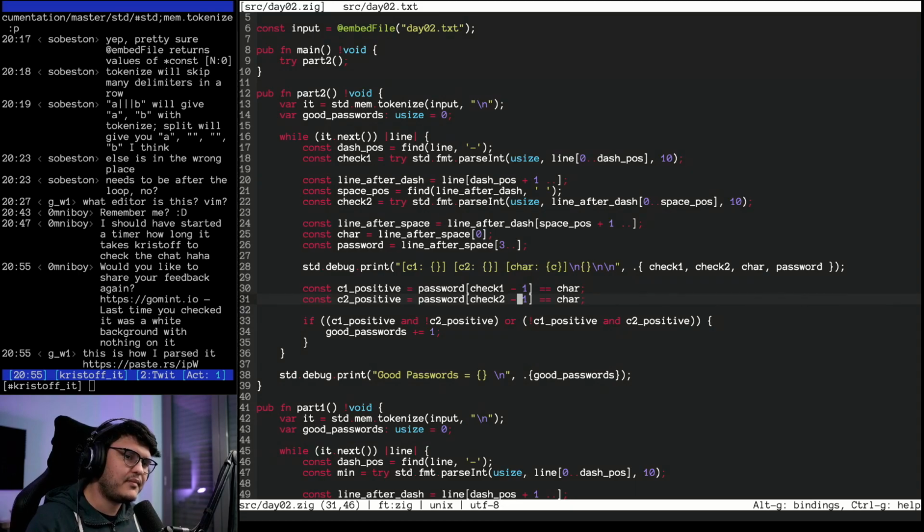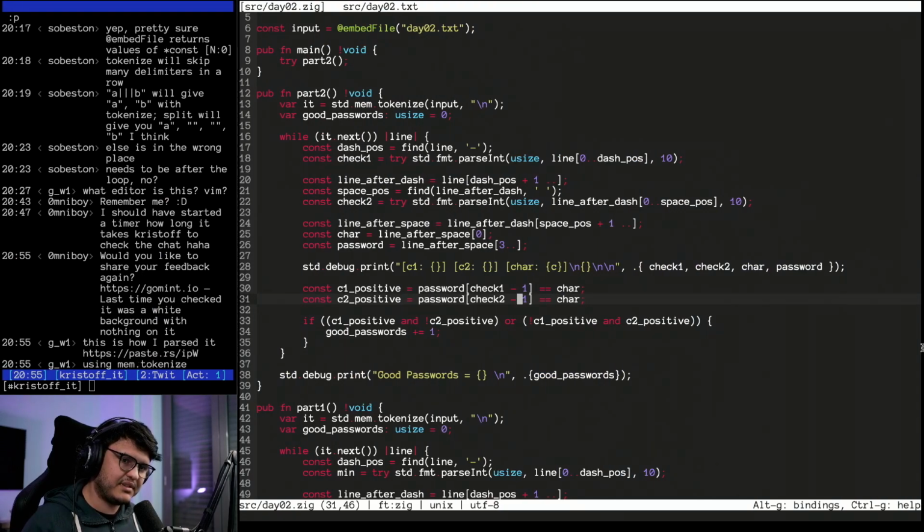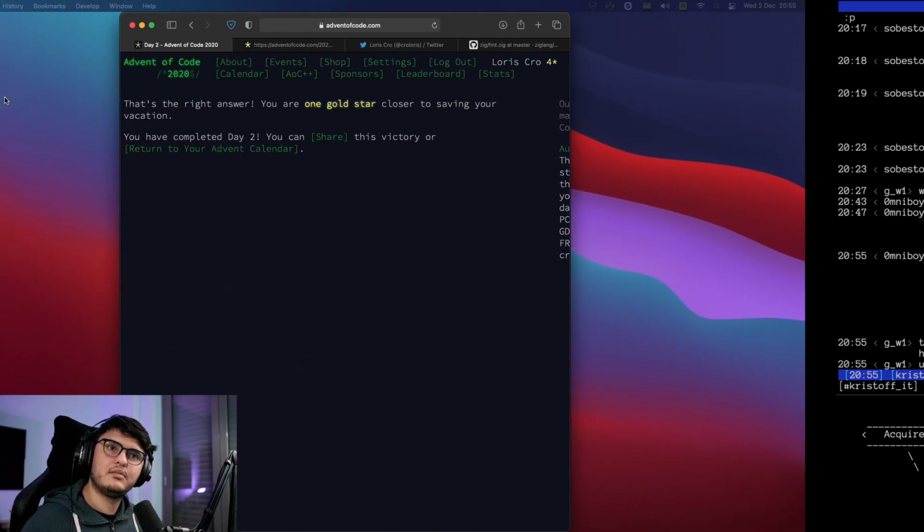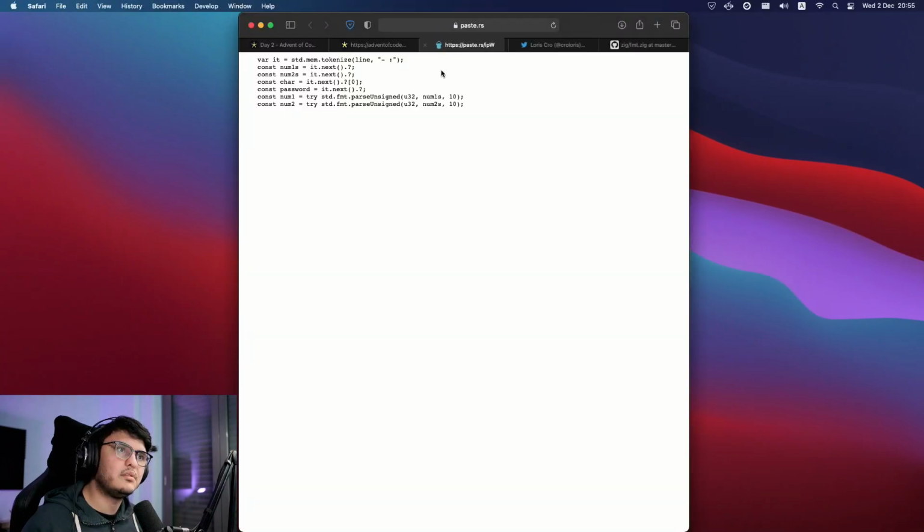So, oh, GW1 has how we parse them. How I parsed it. Let's see. Can I open this link? Oh, yes. All right, you can tokenize on this one too. Nice. You're right.